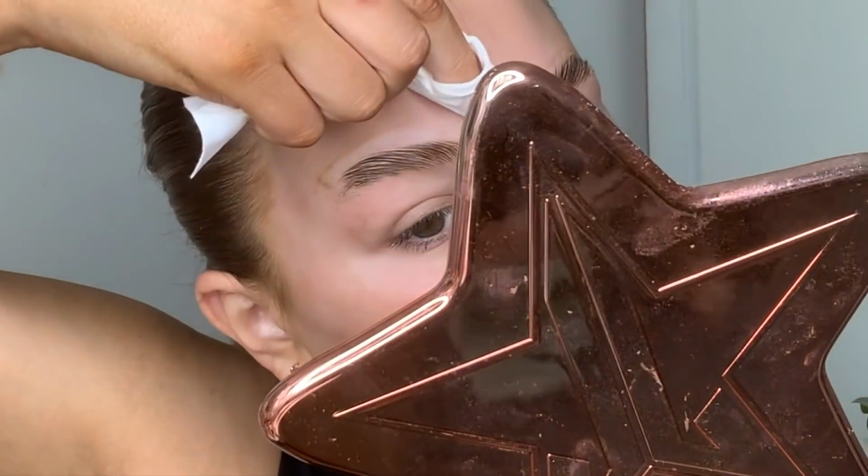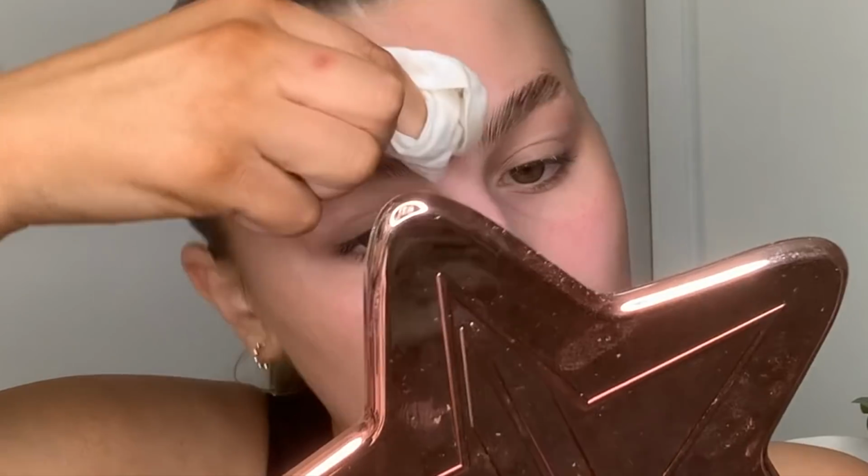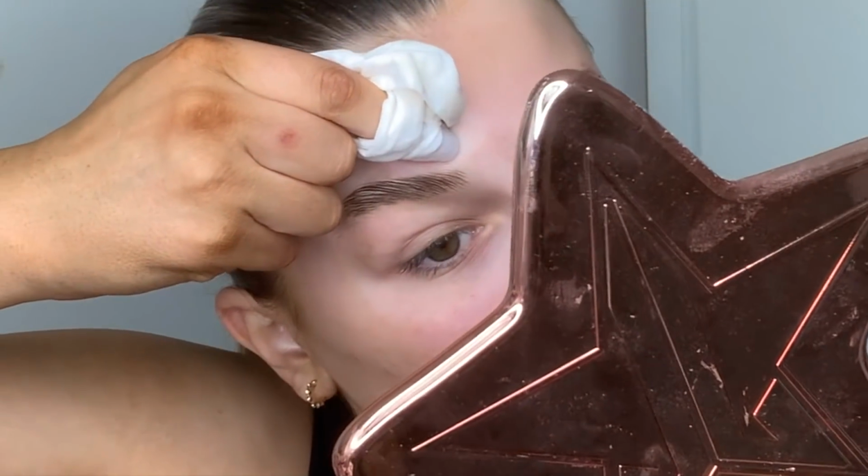Now we've done that, just to piss me off, naturally one of my eyebrows is just higher than the other one, it always has been like that. I'm going to get a makeup wipe, don't judge me, I've already used it, to take off the excess mascara from my face. And I'm going to wipe away any of the excess product around my forehead, because this product